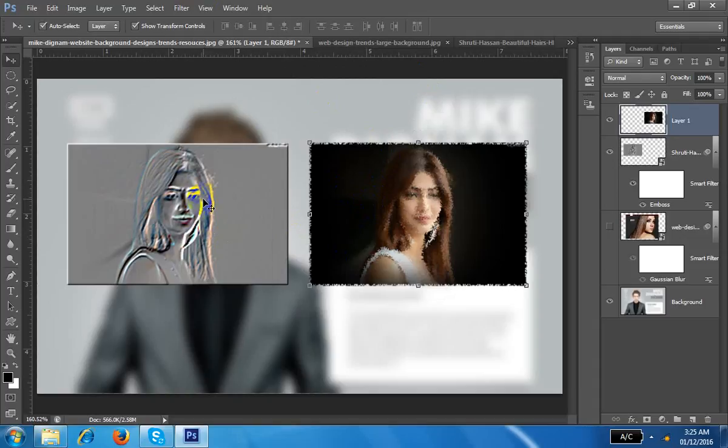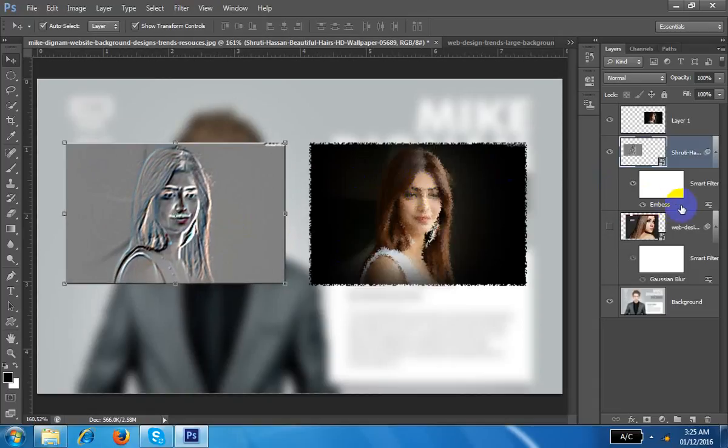So I have used the filters. These are the ready-made filters in Photoshop. I have used them in this simple image also. What happened? In the simple layer, there is no other layer. In this one, I can find this layer. Suppose I want to change something. Suppose after some time I think our emboss is not good. I want to change something. In this smart object, this is possible.